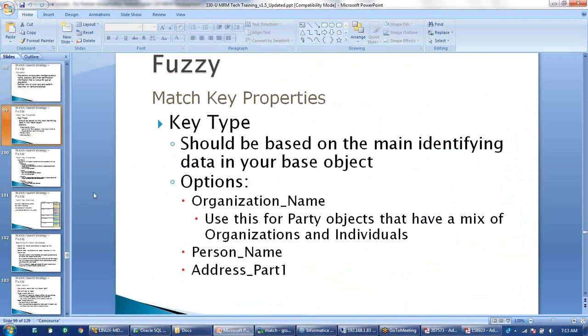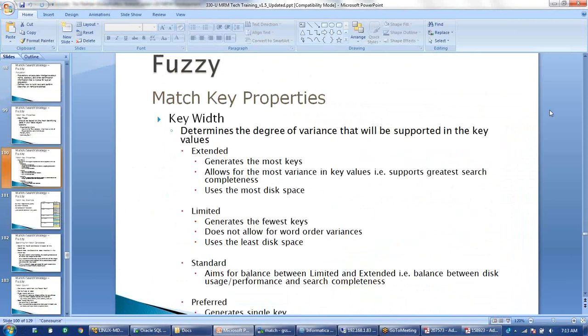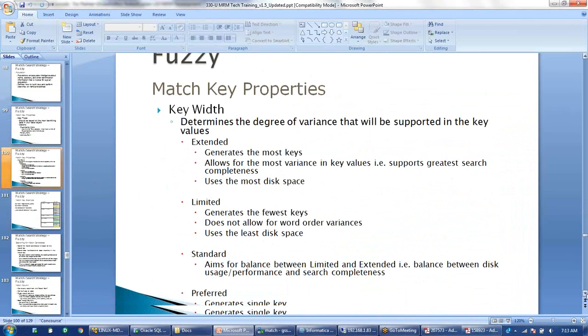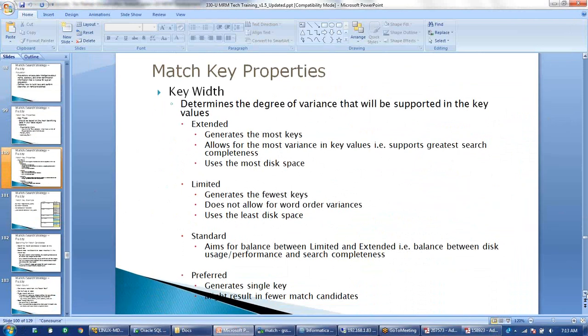Once this is selected, the next is key width. That is a property using which MDM generates the tokens. That's a new concept which has come up. When we tested the exact match, after the load process we went and directly ran the match process.